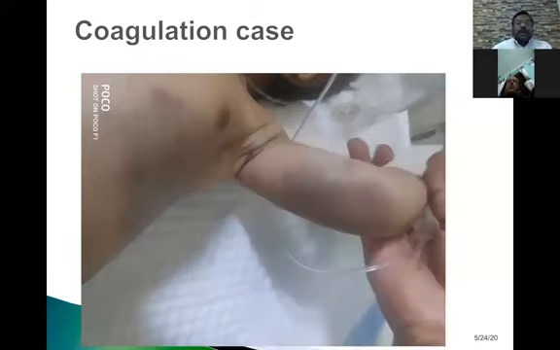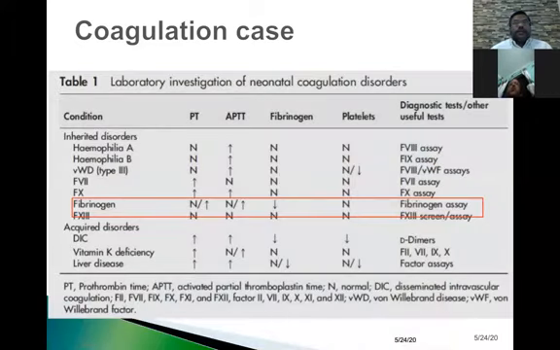This baby had a coagulation screen done locally, which was normal, and it was difficult to believe that it was normal. So we did the coagulation screen with us again, and lo and behold, it was normal. So this baby presented quite late in the night, 2 o'clock, 3 o'clock in the morning, and we discussed this